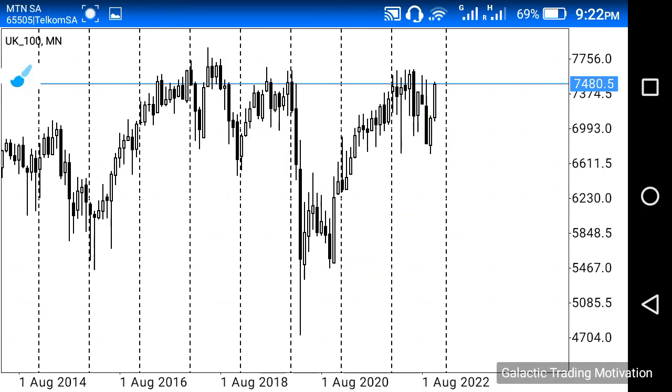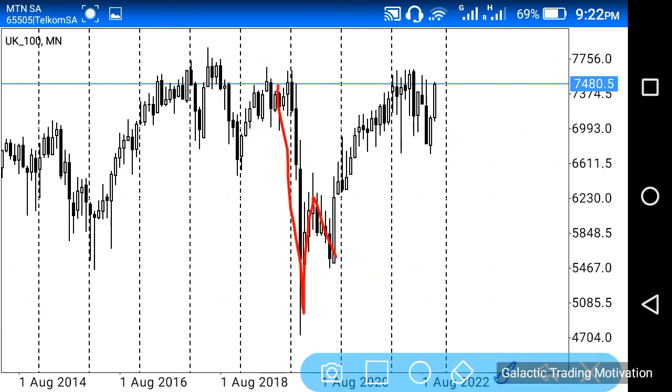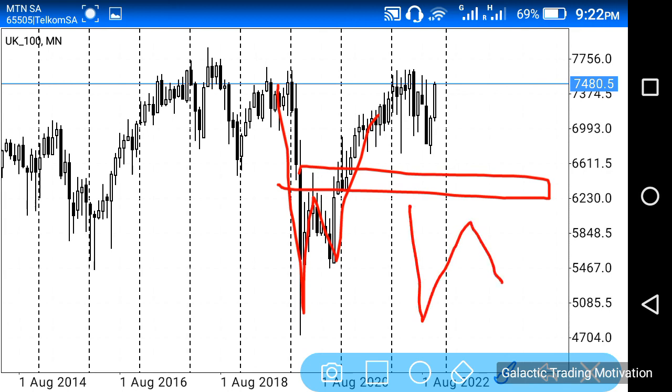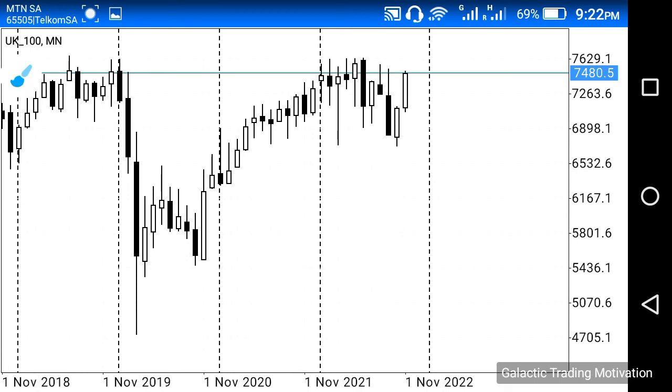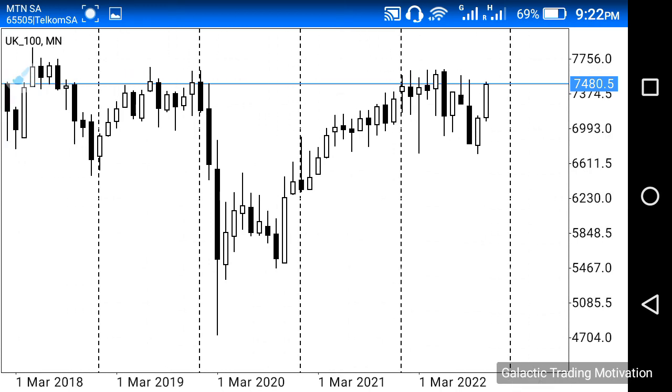Another thing that I see is how we had this overextended W structure, which has a neckline more or less at that point. It's an overextended W structure rather, because the first leg is lower than the second leg, right? Anyway, let me just zoom in a bit and let's get a much better view in terms of what's happening